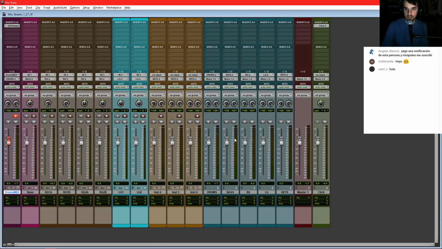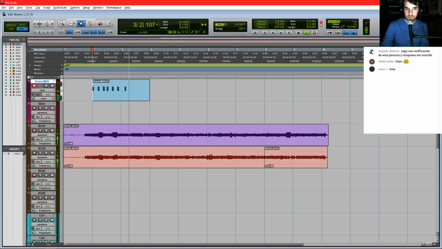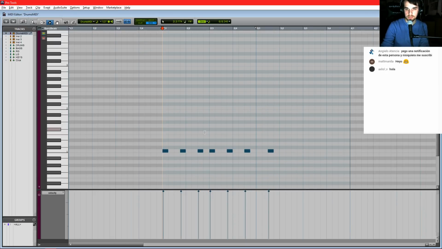Cool. These guitars are a little loud, so I'm going to pull down the rhythm guitar track over here. Especially while I'm trying to focus on the drums. Now, on top of this, you want to layer your snare part. Now, if you've ever listened closely to a drum set, or if you play any kind of drums,